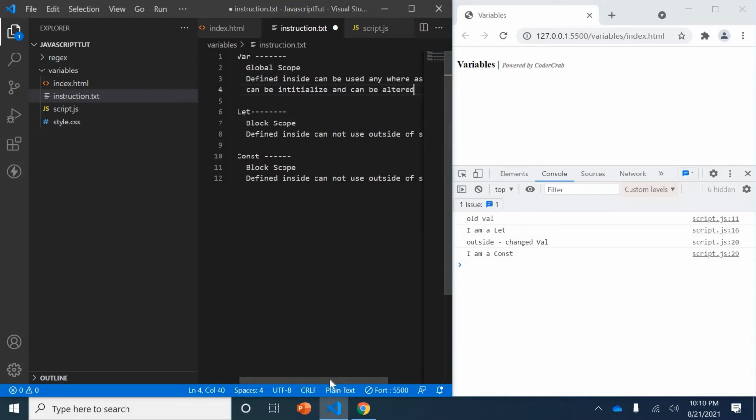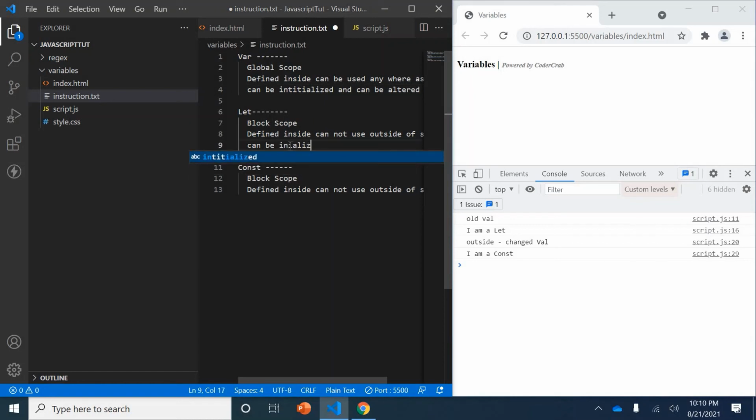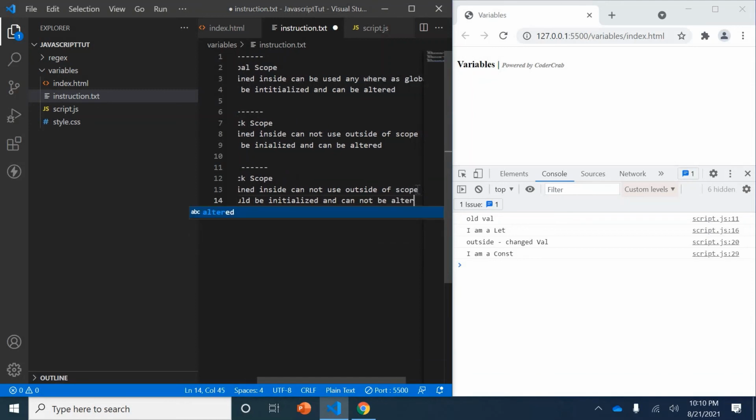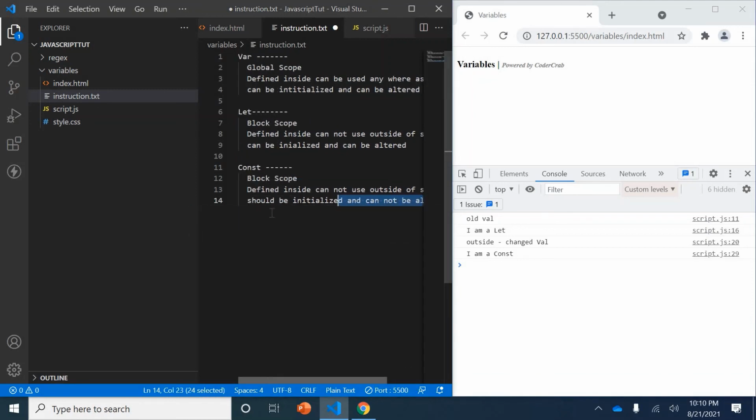In the const case, it should always be initialized, initialized for compulsion, and cannot be altered. So these are the major differences between var, let and const.